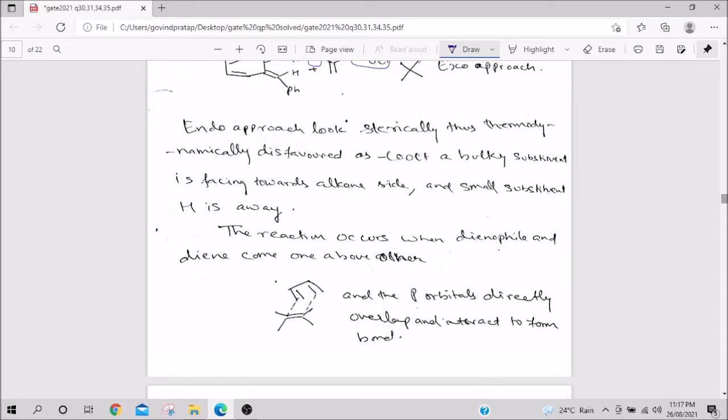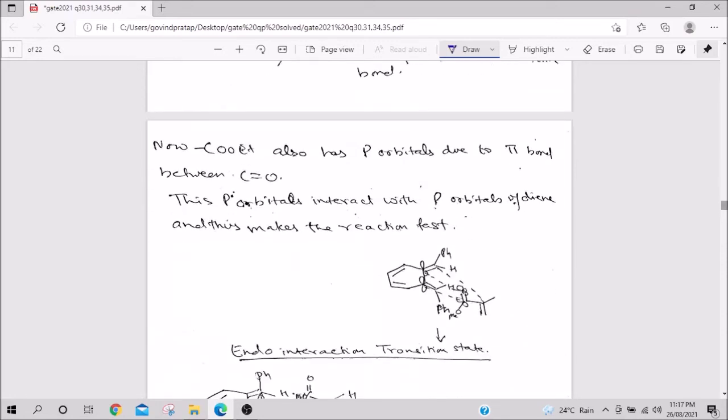Okay, so basically what it says is, as we have talked, that this pi bond has to interact with this pi bond, has to interact with this. Also, because it is COOEt, this is carbonyl group, this also has p orbital. Now p orbital can interact with this bond and this bond. It can interact even with the benzene ring. These p orbitals are there. So the pi orbitals, they interact among themselves, and whenever interaction is there, some amount of stability is gained, and therefore this approach is kinetically favored, means intermediate is favored.